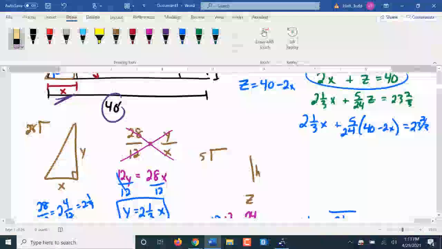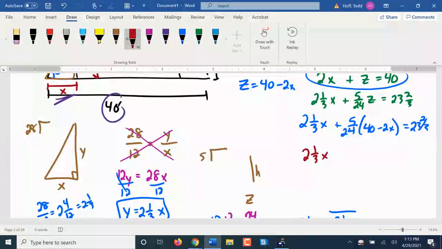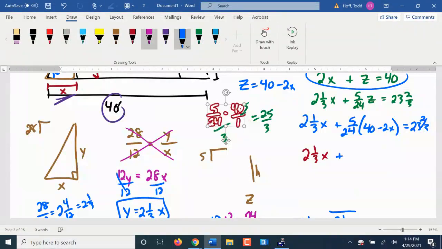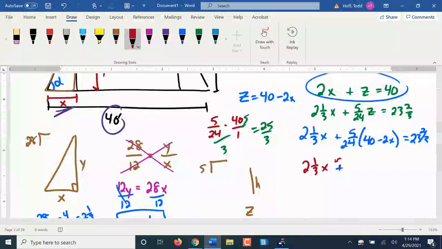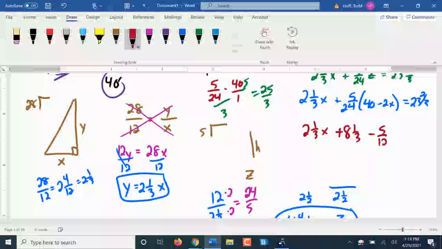Give myself a little room to work. So the 2 1/3 x is going to stay. 5/24 times 40. 5/24 times 40 over 1 will divide out by 8, giving us 3 and 5, so that's 25 over 3, which is 8. Oops, come on. 8 1/3. That's looking better already. The 5/24 times minus 2x, that's going to be a negative 5/12 x